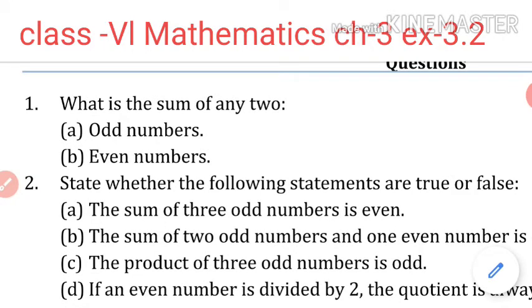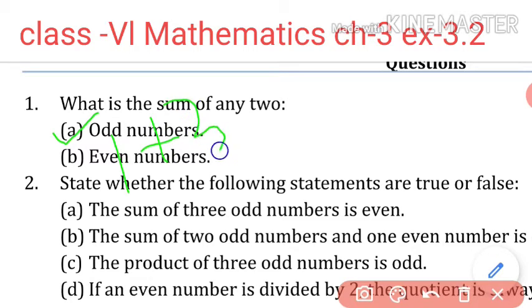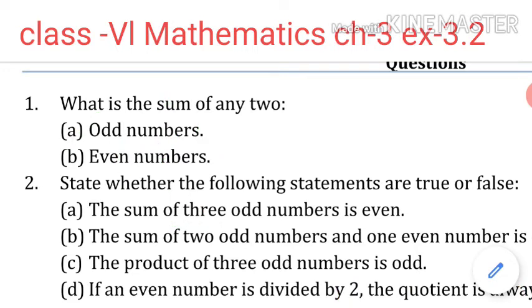So, what is an odd number? We know, isn't it? An odd number means the number which we cannot divide by 2. Those numbers are called what? Odd numbers. So for example, any two odd numbers, 1 and 3. If you add 1 and 3, what will you get? You will get 4. 4 is again what? An even number. That means the sum of any two odd numbers will become what? An even number. Okay. When you add any two odd numbers, it will become an even number.